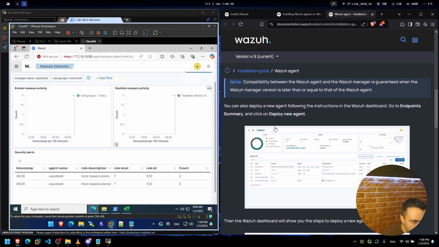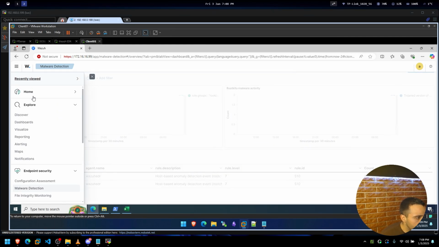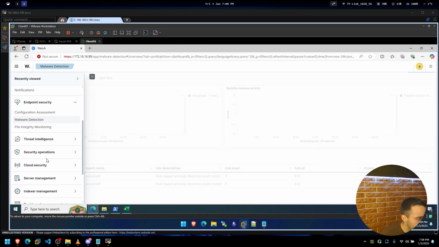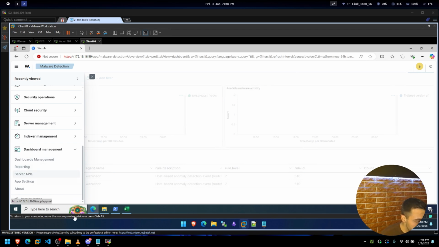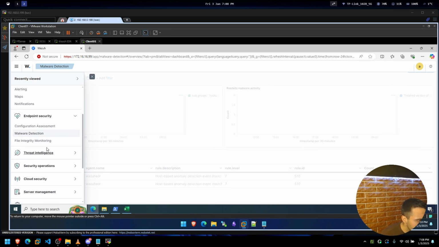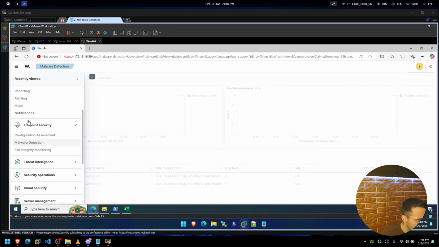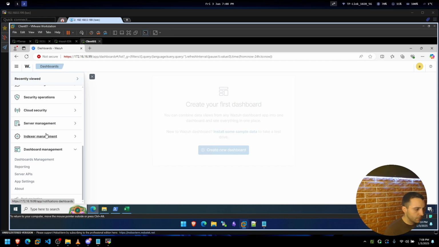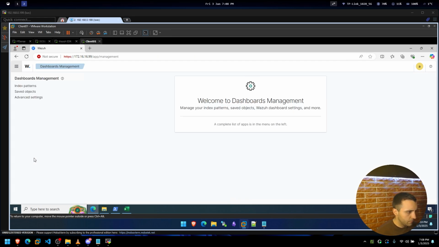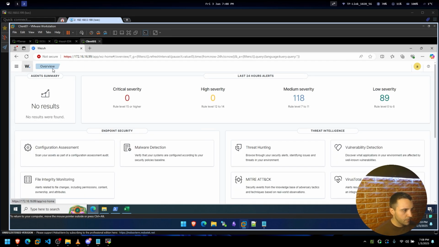And from there, we can also deploy new agent by following the instruction on the Wazuh dashboard. Go to endpoint summary and click on deploy new agents. So we need to find the endpoint summary, which I have no idea where it is. Maybe on the dashboard. Not on that, but on here. No, it's not on that either. Okay, so